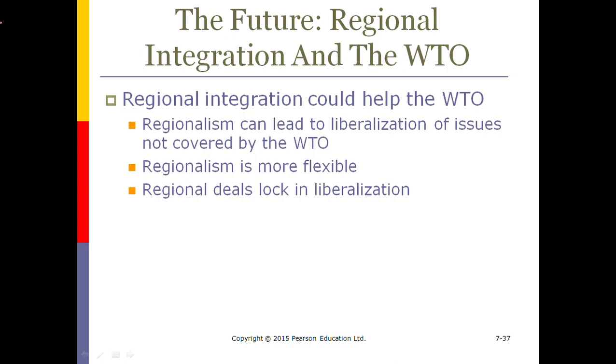Moving on, when we talk about what would happen to these types of regional agreements in the future, on one side we know that there are some global agreements. However, global agreements like the WTO that we discussed at the beginning of the chapter do not cover the regional problems or the regional concerns of various countries. So regional integration is definitely going to improve as the future goes. And in fact, this regional agreement could also encourage the WTO to achieve its objectives. For example, regionalism can lead to liberalization of issues which are not covered by the WTO.